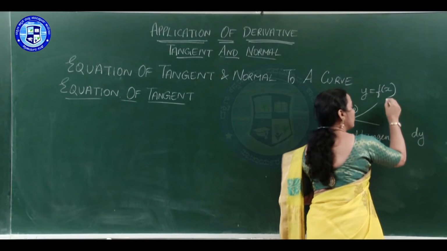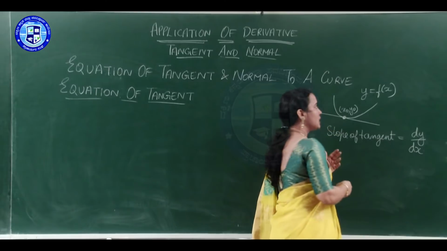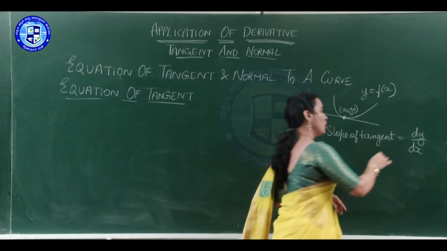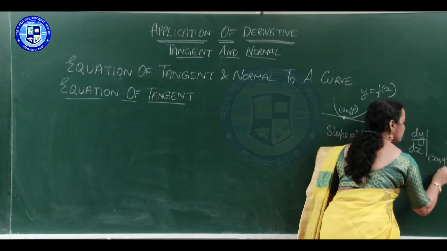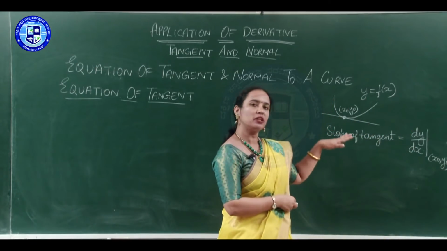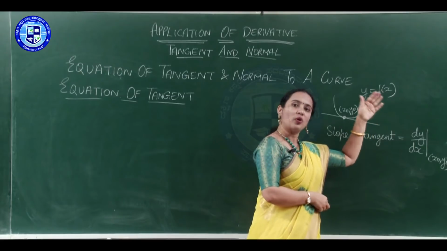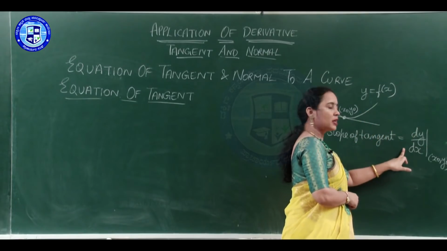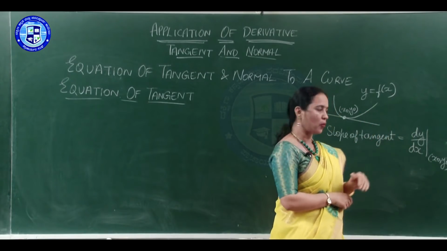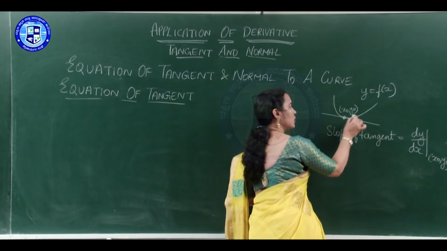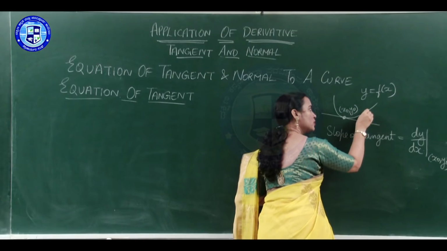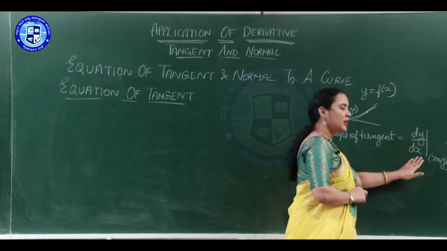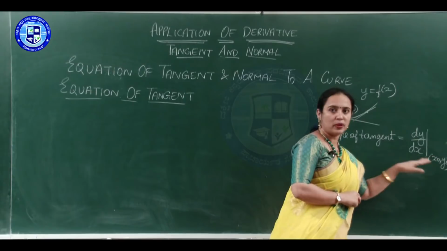When you differentiate the function, you get dy by dx. When you differentiate y, you get dy by dx. So, find the derivative and place the point in it. Slope of the tangent will be nothing but the slope of the curve. So, how to find the slope of the curve? Just differentiate y, you get dy by dx, and then substitute whichever point you have. Now, suppose you have to find the slope at this point, then you will draw the tangent at this point. So, the slope of the tangent is nothing but the derivative of the given curve at the particular point.